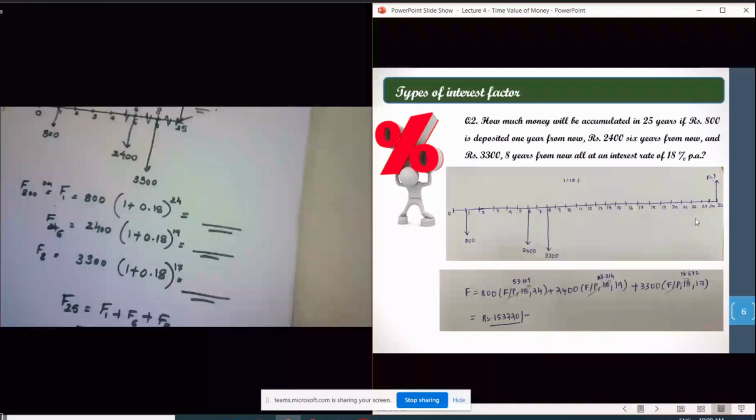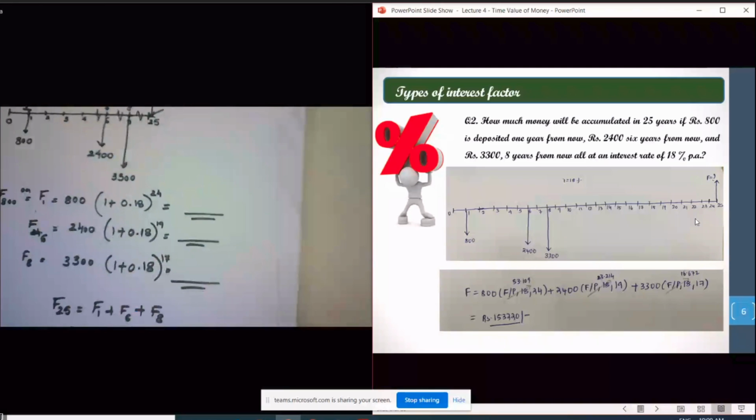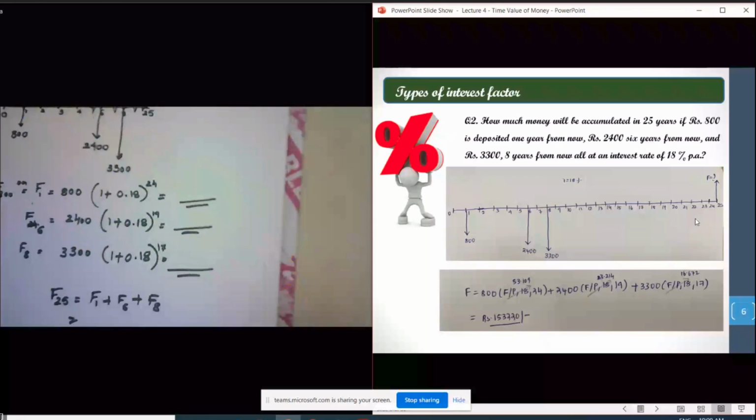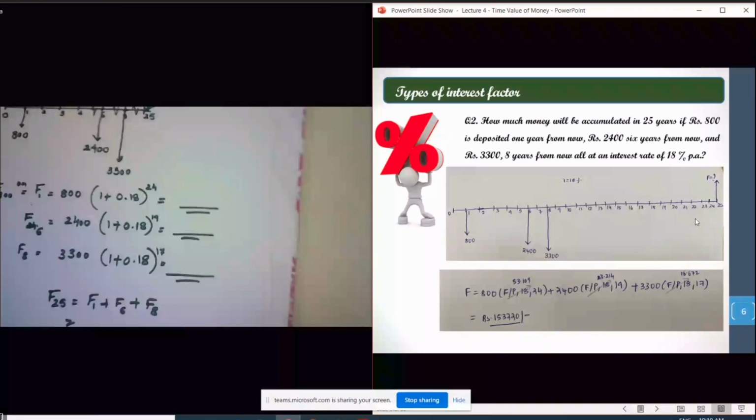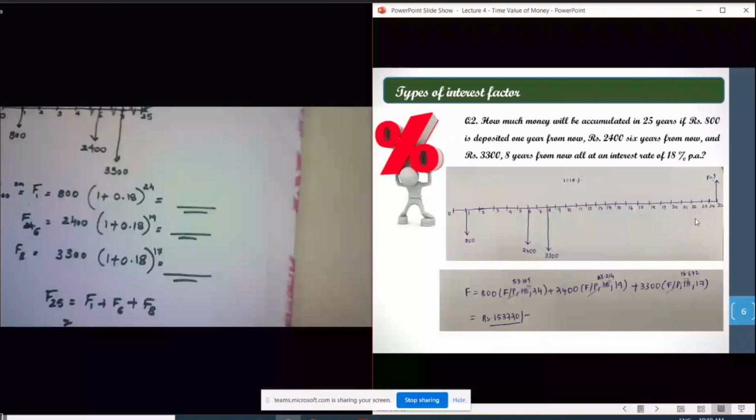In some cases we cannot say there is some acceptable limit, because it depends upon these factors. In some cases there will be a 50 rupee difference, in some cases around 300 to 400. But if there is a difference, we will go back to your cash flow diagram and see what values you have taken. If your deposit values, interest rate, N values, and the compound interest value you have taken are correct, that means your entire numerical is correct. So we will go back and check all these things.